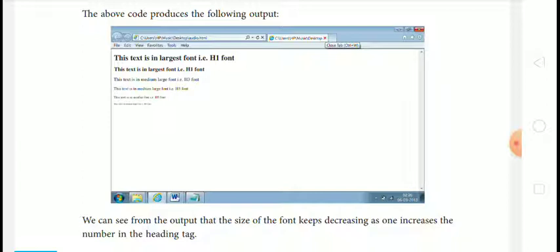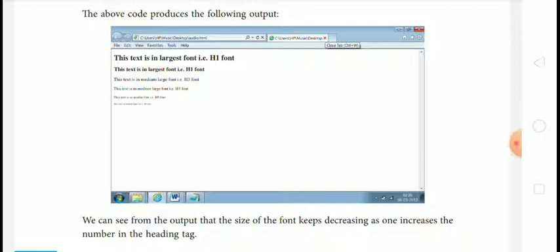Then the second one is a little bit smaller in size as compared to the first sentence. The third one is smaller than the second one, and the fourth one is smaller than the third one, and the last, the H6 tag, is the smallest font size.